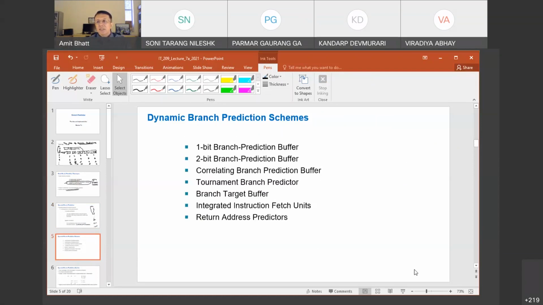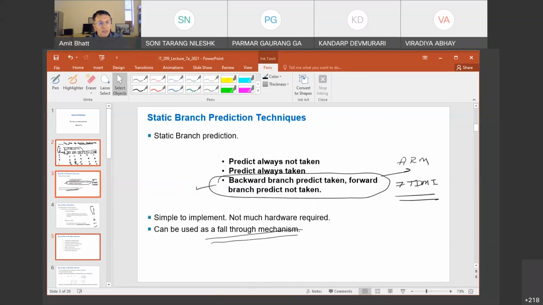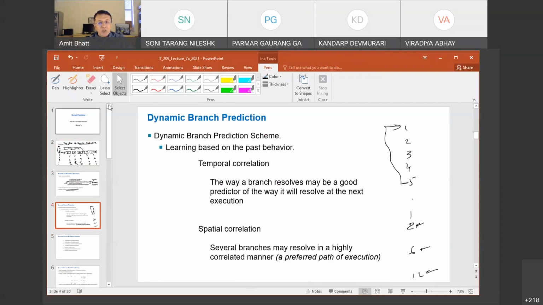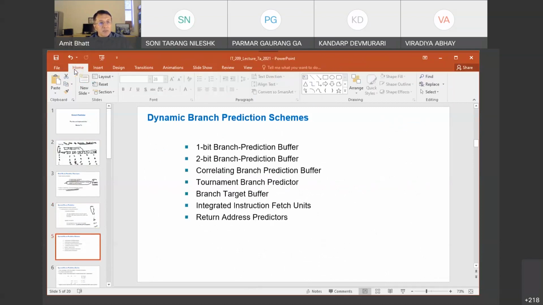First, we will talk about a very simple predictor, which is known as the 1-bit branch prediction buffer. So what is this 1-bit branch predictor buffer? It would work like this. So your 1-bit branch predictor